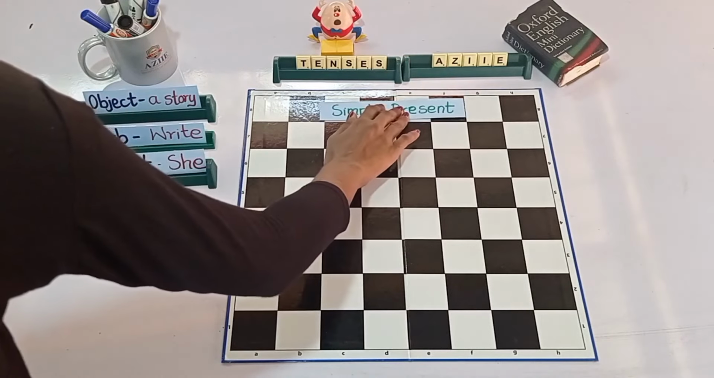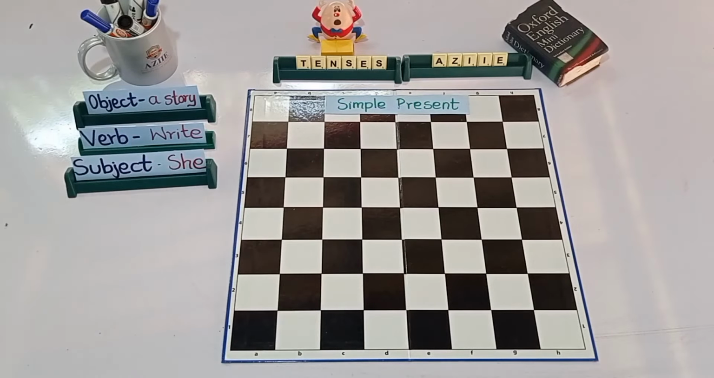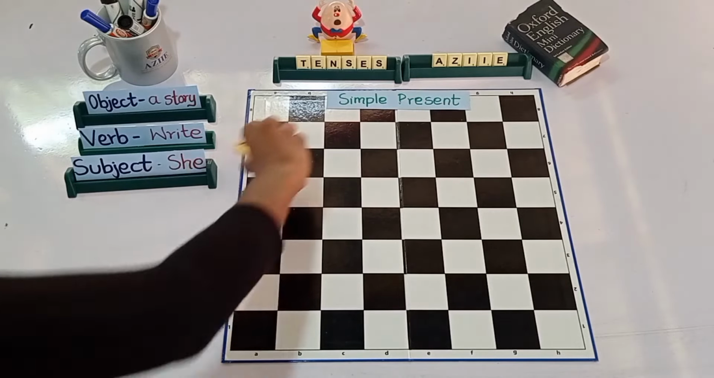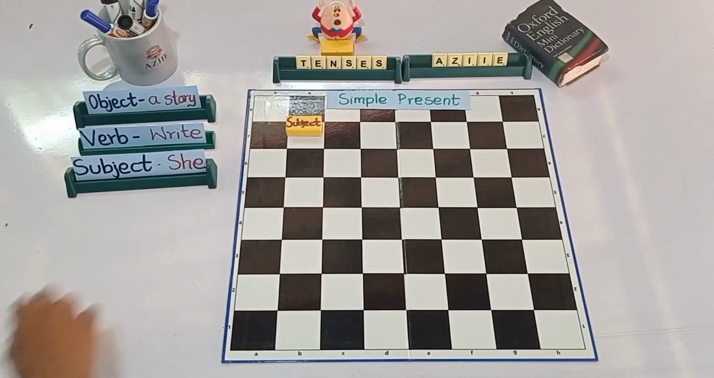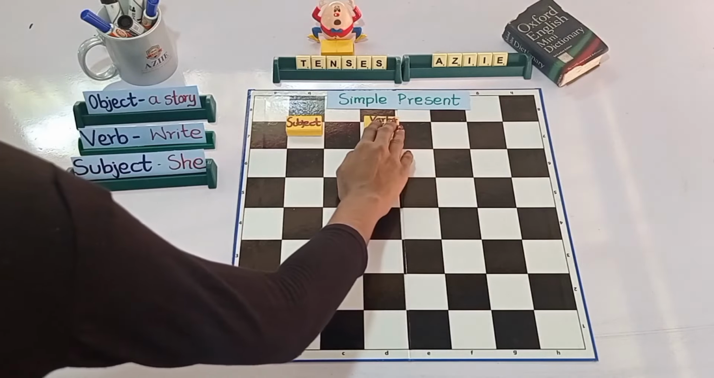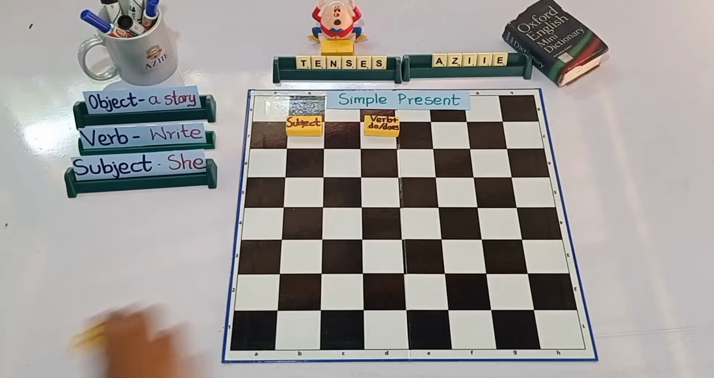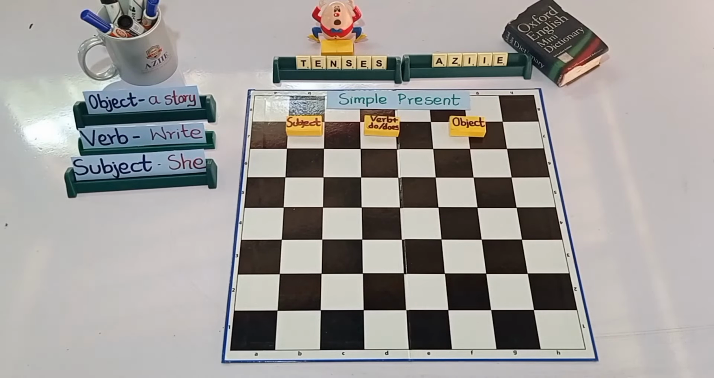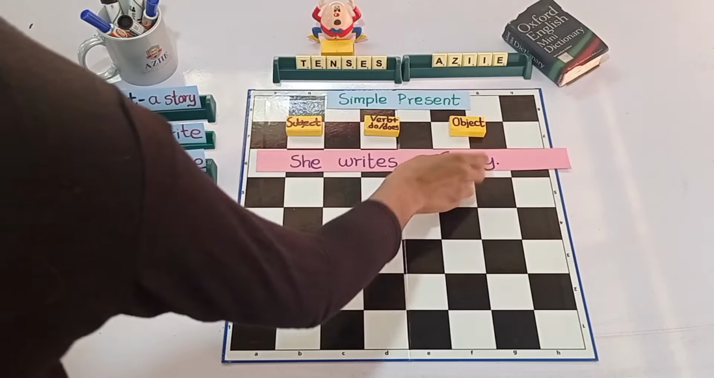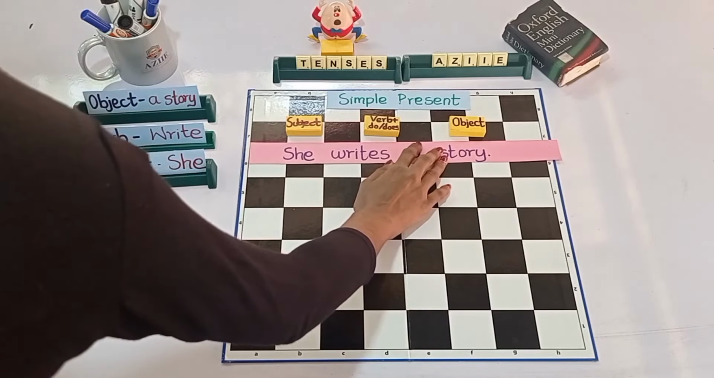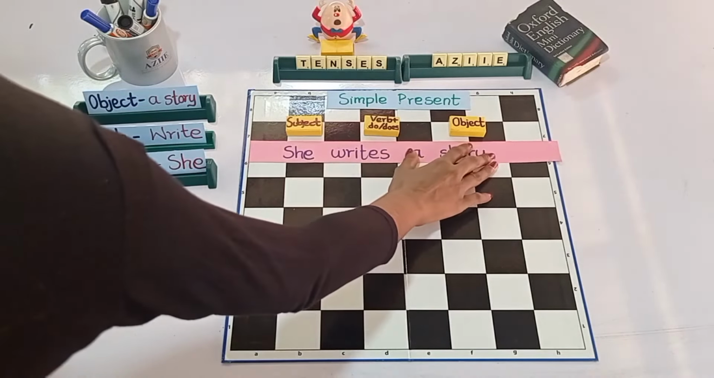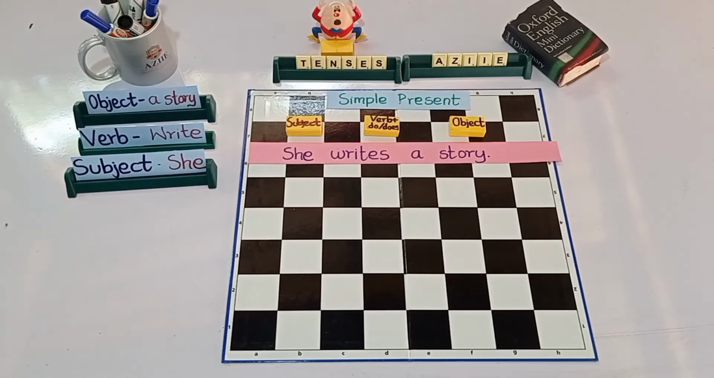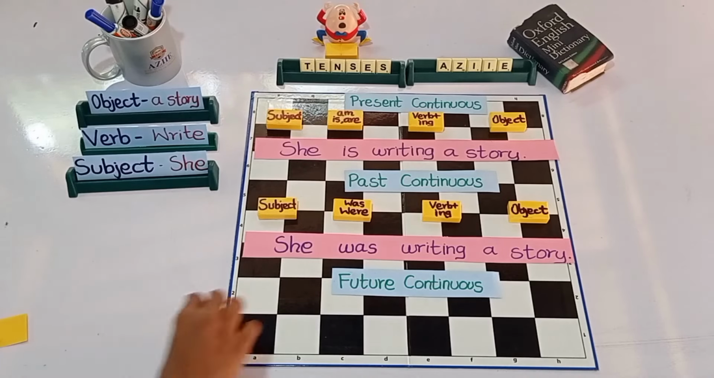First one is simple present tense. The structure is subject, verb plus do/does, plus object. The example is she writes a story. She writes a story. So, structure is subject,